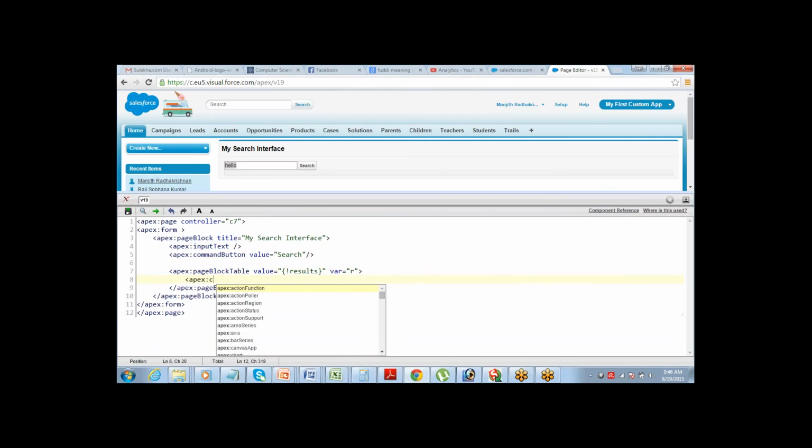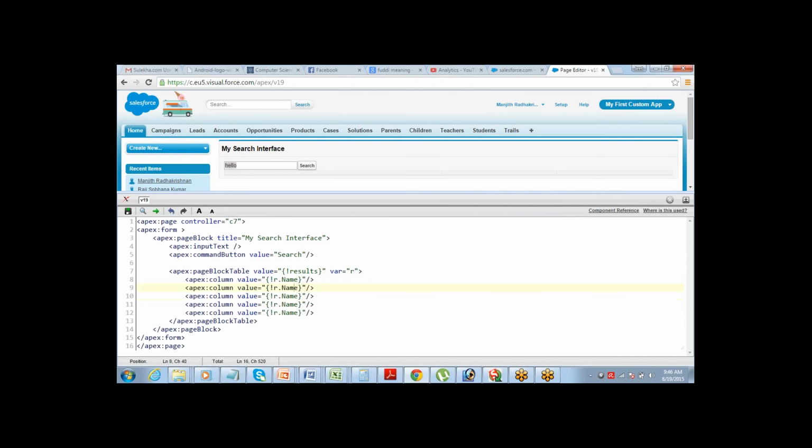Apex column value name, industry, phone, fax.